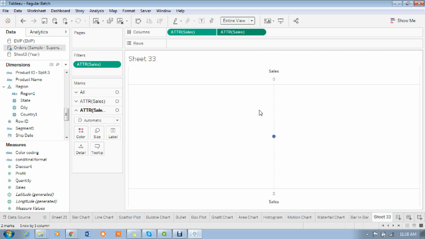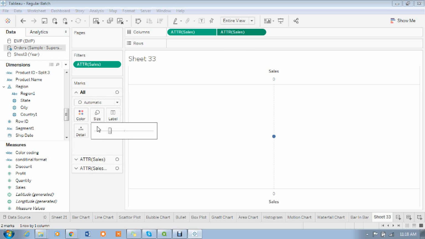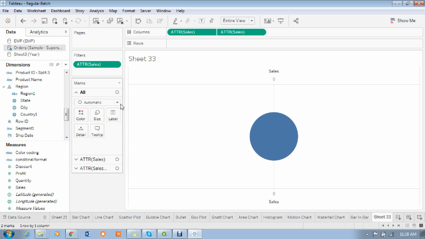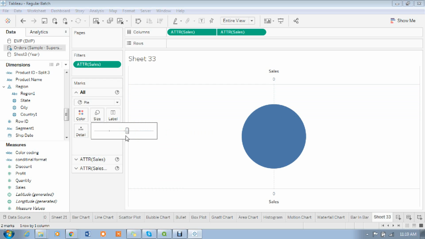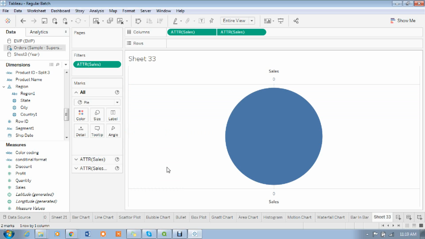I can simply enter it. Then I simply change the size of it, madam, because it is very low, right, madam, a very small size. Or you can simply say pie chart. You can simply say pie chart also. For all, I introduced a pie chart, madam. First I set the attribute, madam, then dual axis, then I applied the pie chart for all. Okay, for sales both I made attribute.